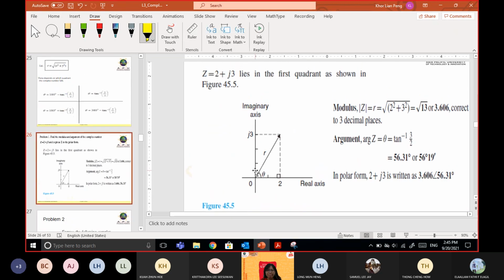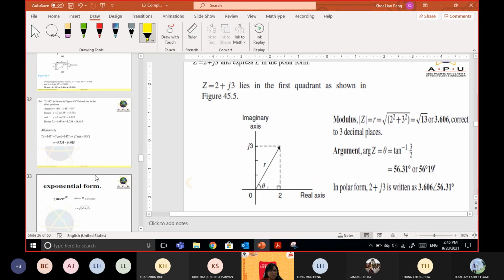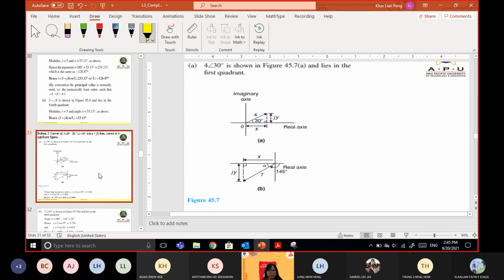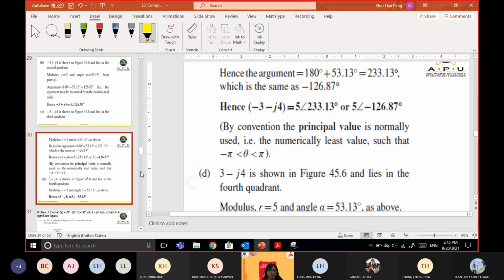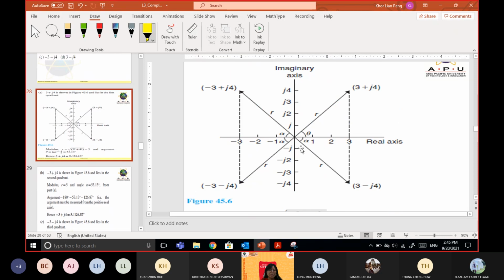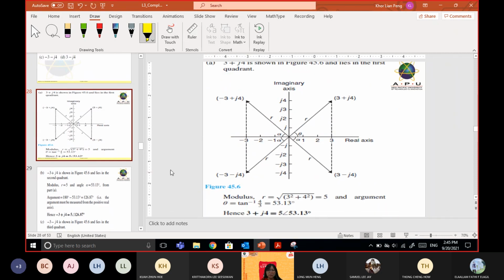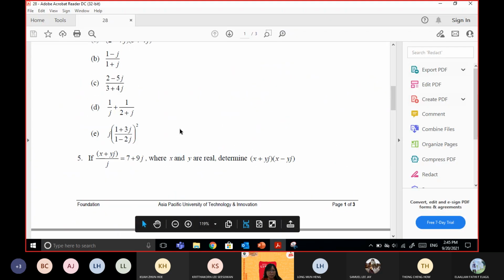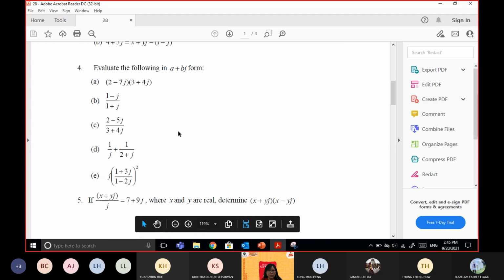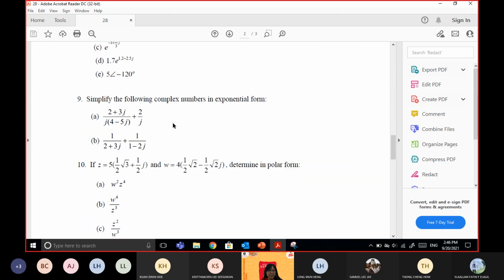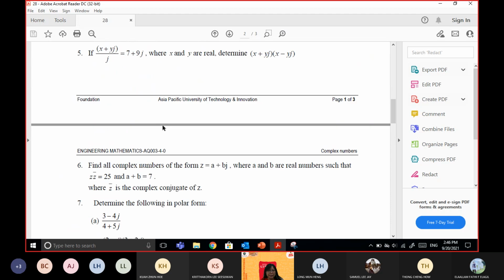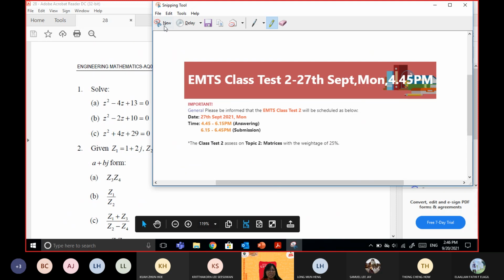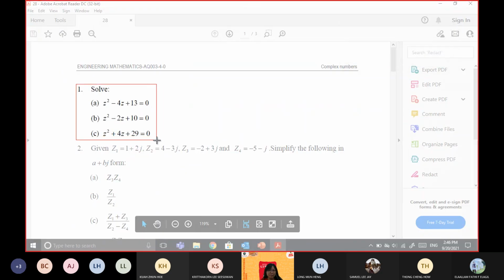Okay, then I think last week I stopped here, right? Sorry, it is here. This particular example, this is where I stopped. Now let's move on to the tutorial questions. So I asked you to do questions 1 to 7. It's actually quite many questions here, before we proceed to others. Now let's start with number 1. Number 1 is a simple one. It's actually referring to our first example in the slide.